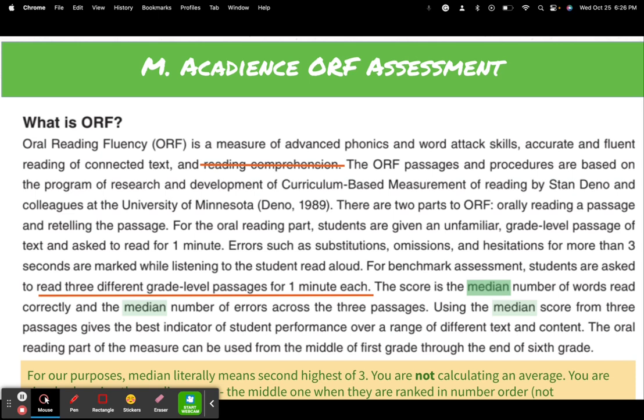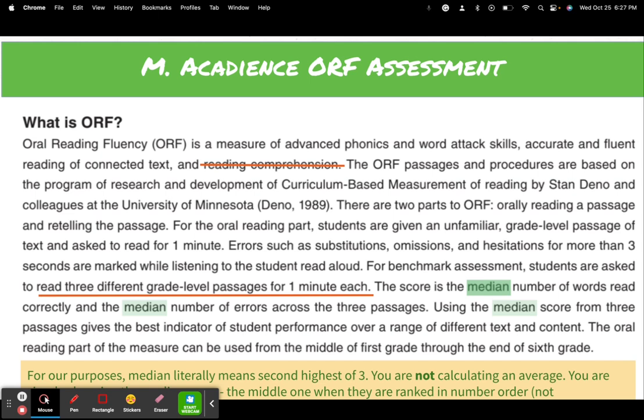A thing to know here is that for each benchmark assessment, we assess the student at their chronological grade level. If it's a fifth grader, we use the fifth grade passages. And that's so that we're actually benchmarking them. How are they doing on the fifth grade benchmark? We use 3 to sort of level out if there's a fluke where a student maybe really flubs it up or just scores way out of their norm.